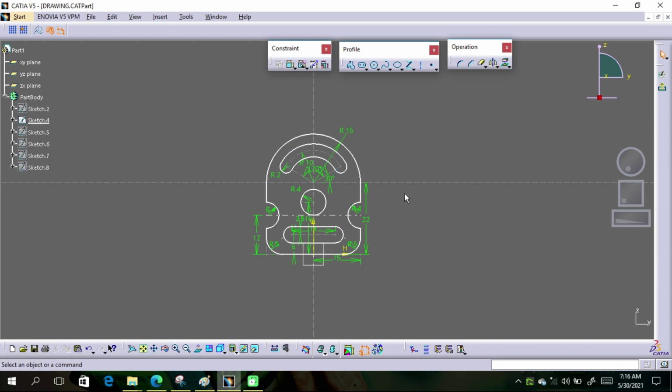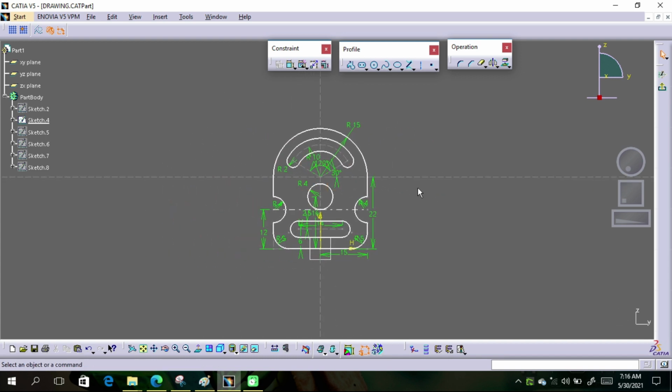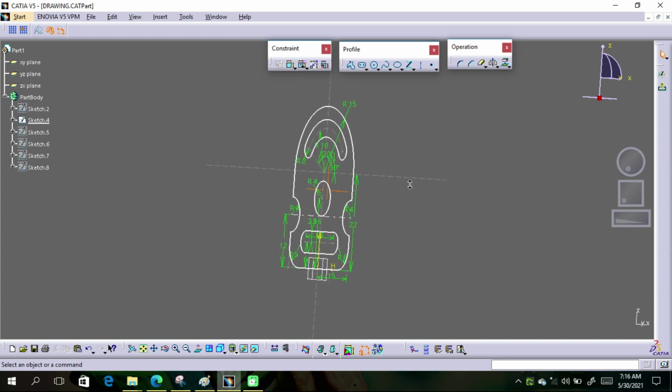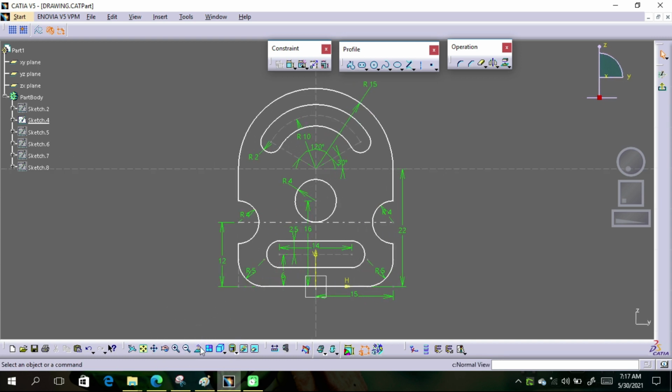Just hold down your middle mouse button for pan. Hold down the middle mouse button and hold down your right click mouse button for rotation. Hold down your middle mouse button, click and release your right click button, and still hold down your middle mouse button for zoom in and zoom out. But you will feel it's very hard to use the mouse for navigation. Just normal view from this button. I'm going to show you an easy way to navigate on this.